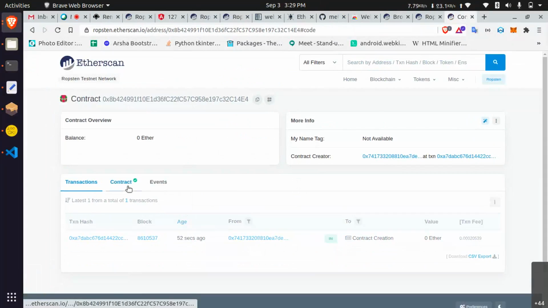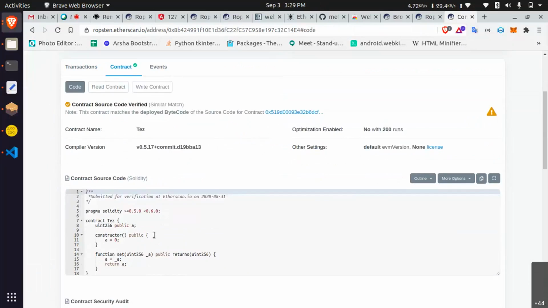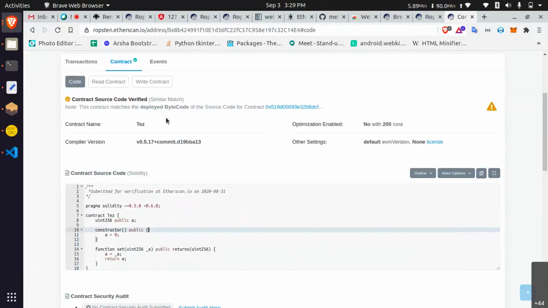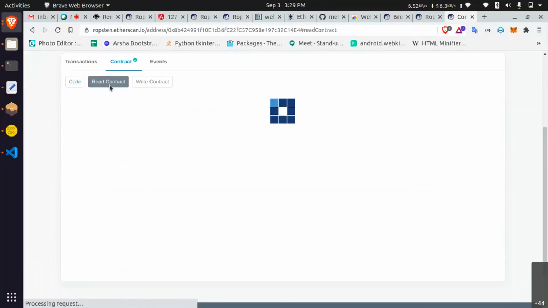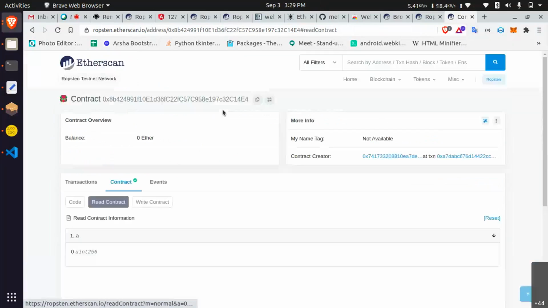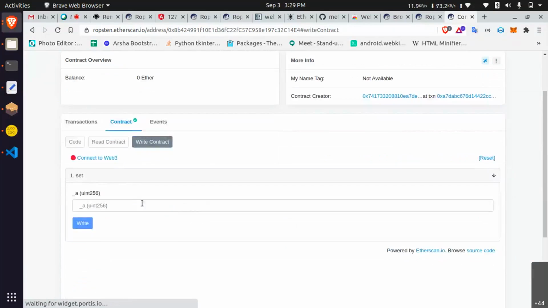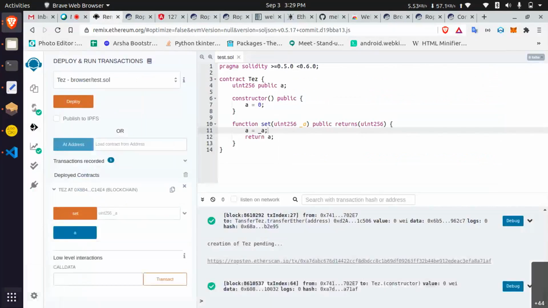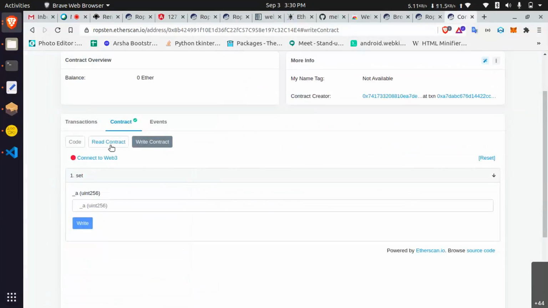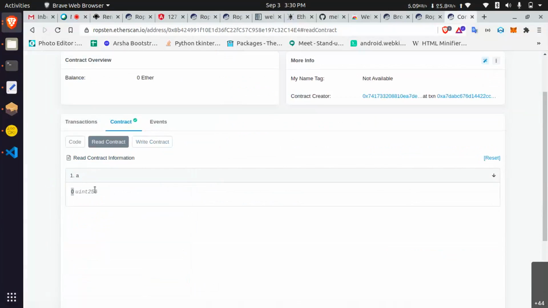Okay, you can see the contract here. This is our contract. And if you want to read a contract, we can read by using Ropsten itself. The a value is now 0. If you want to make a write call in here, you can play with this. Okay, there is a function for set. Okay, this is showing like a real example. It will show in our option also the same. If you move to read, this is what we needed.